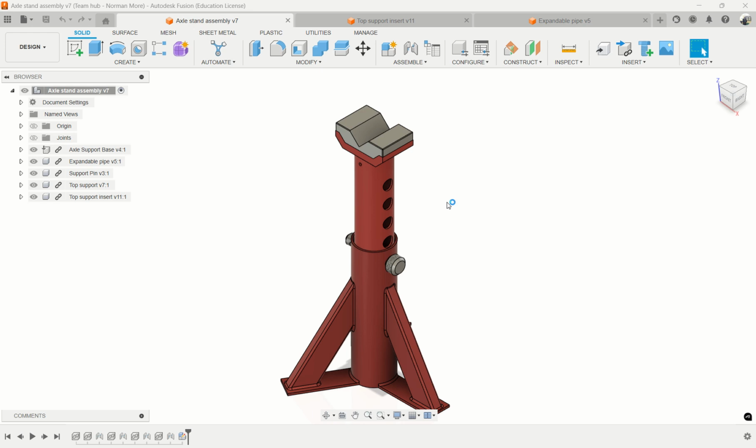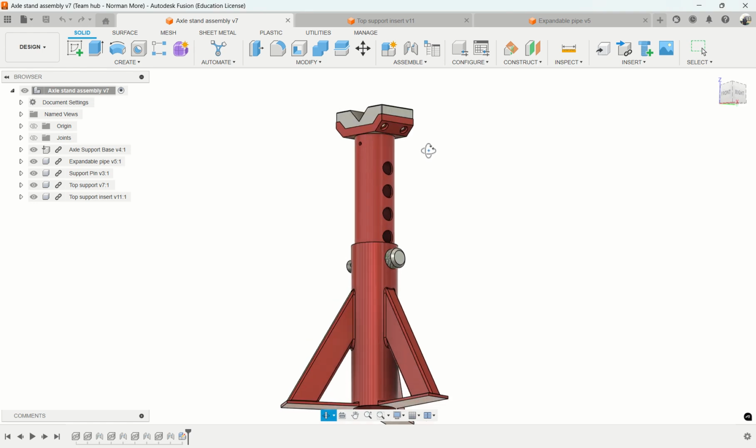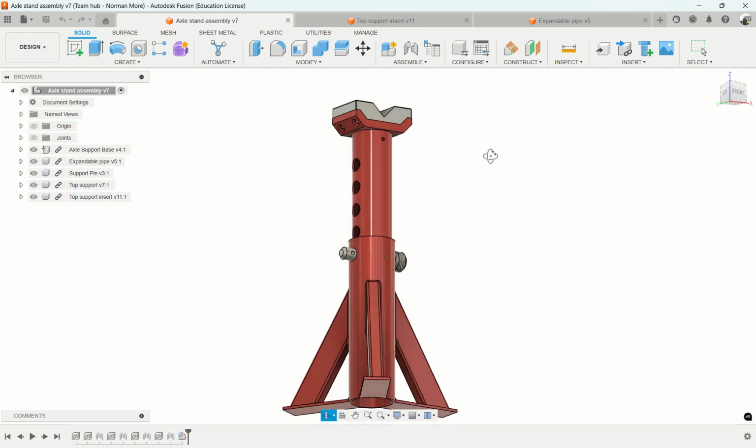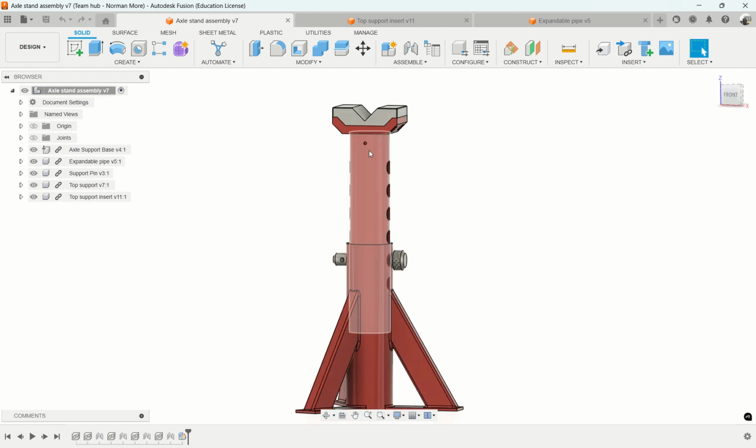So in this video we're going to deal with the fasteners going into this assembly. There are four of them going into that position, two of them in that position and two in that position. Then there are two going into these holes on both sides. However, I'm going to make a small change on this